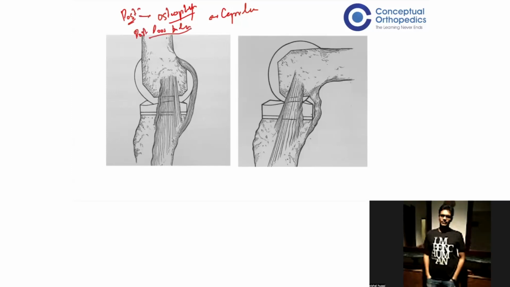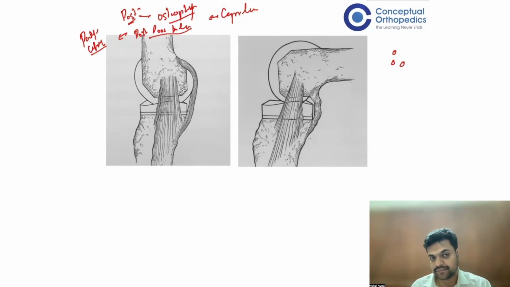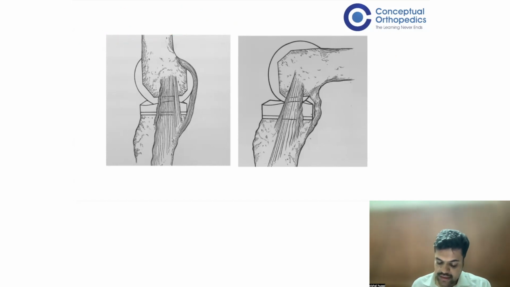These loose bodies are partially calcified. Since they are partially calcified, they may not appear on the X-ray. Even if they appear, they look very small. It's like your osteochondroma. The look is small, but the feel is big because of the cartilaginous part, which has not calcified. A bone, a calcified tissue, will appear only in the X-ray if it is